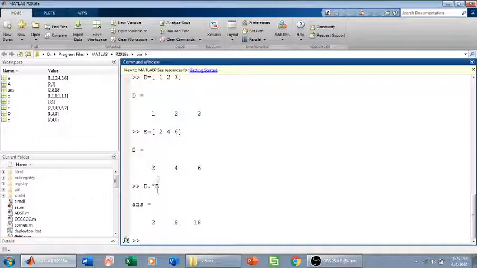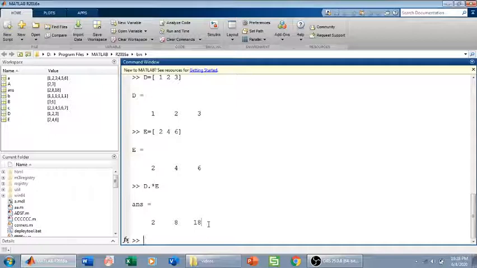So 1 times 2 is 2, 2 times 4 is 8, 3 times 6 is 18. So the dot star operator is used for element wise multiplication. For the element wise multiplication, the number of elements must be same in both the matrices.